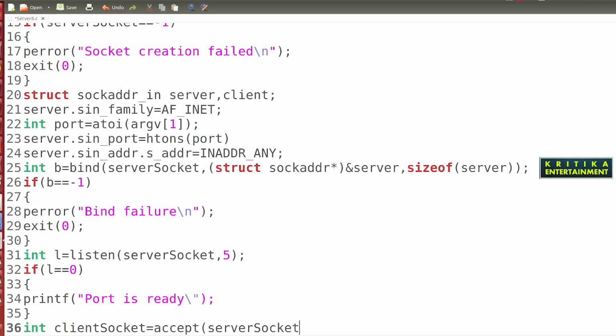Before that, you write int size is equal to sizeof client.